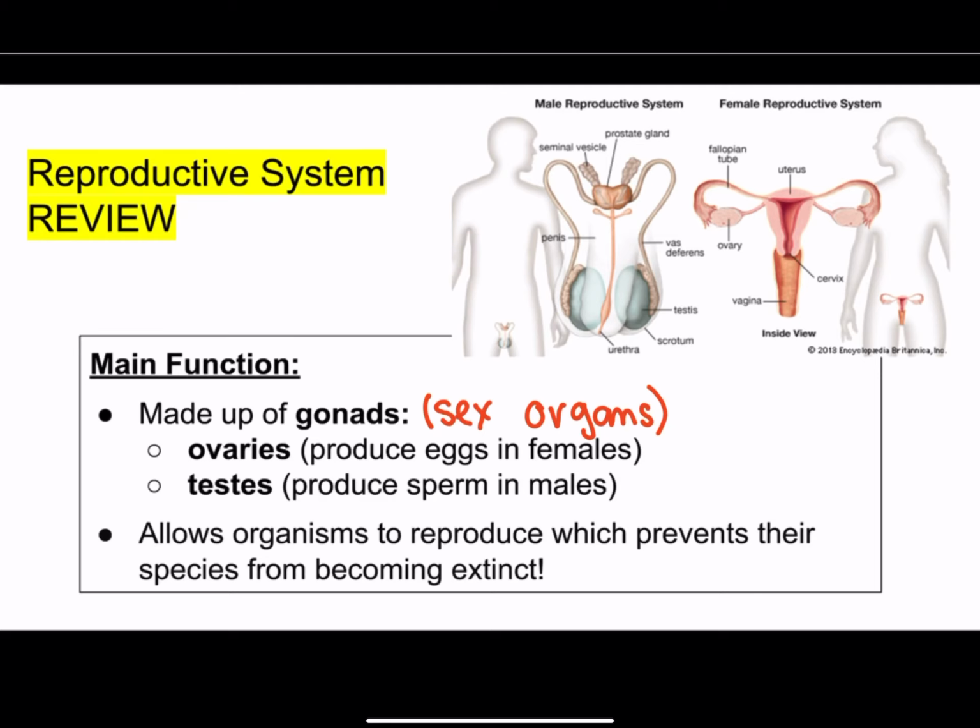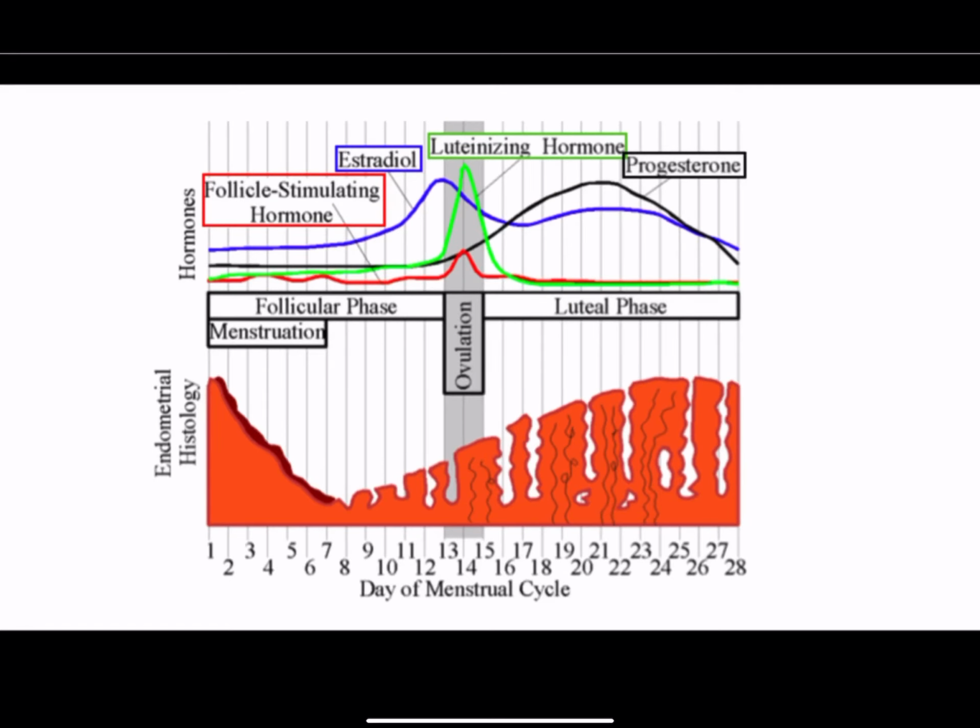One thing that I didn't get a chance to talk about in class, but is actually one of the coolest things about the female body, is the menstrual cycle and how it is correlated to the hormones. So again, the endocrine system and the reproductive system go hand in hand. This is showing a monthly cycle of the female hormones. And what's kind of crazy is that there are all of these different glands releasing different hormones. So for example, at the beginning of the cycle, FSH over here